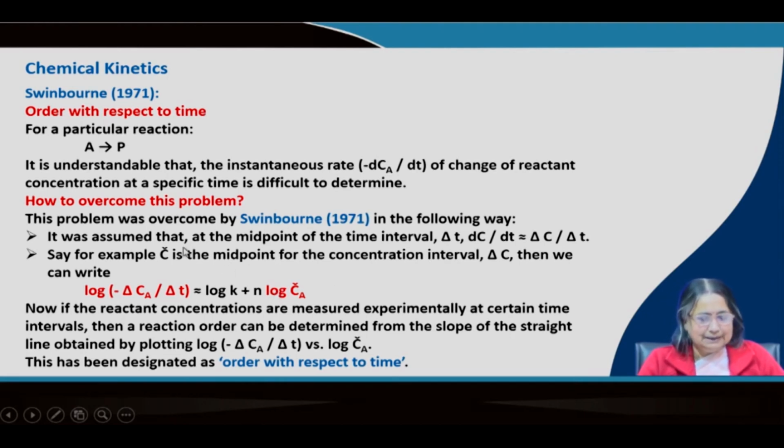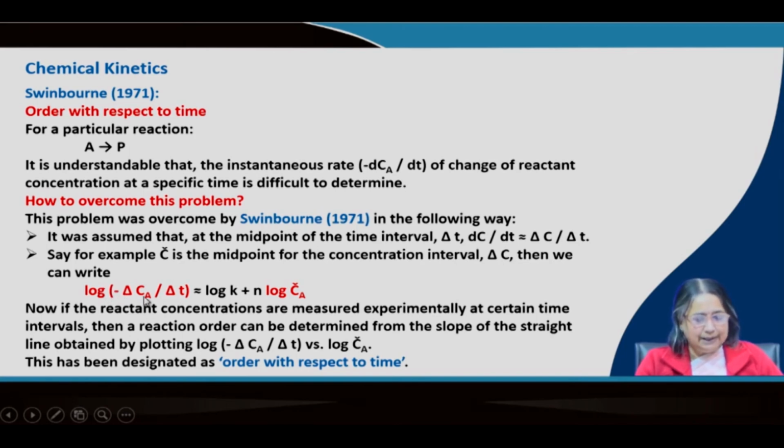His assumption is that at the midpoint of the time interval delta t, dC/dt is the same as delta C by delta t. So this is his assumption. And C average is the midpoint of the concentration interval delta C. Okay, if you assume this, then you can